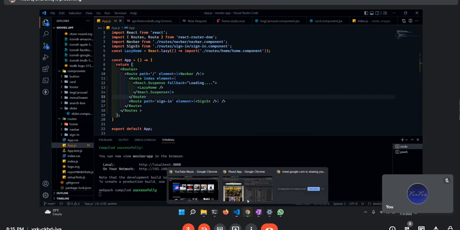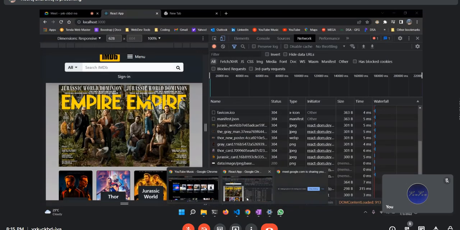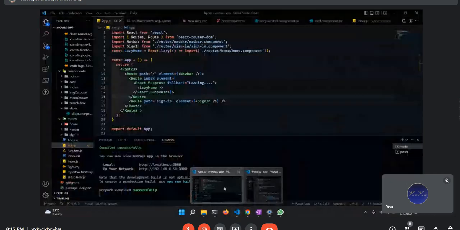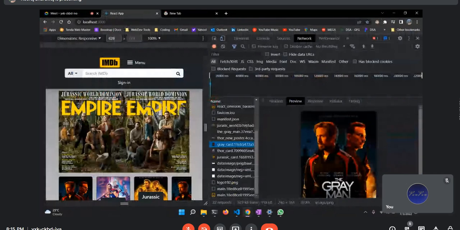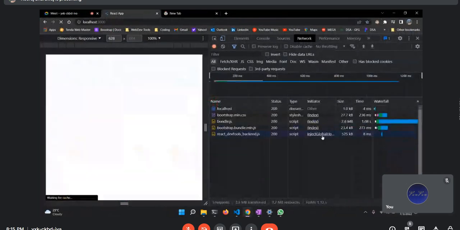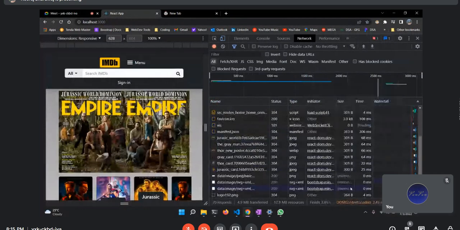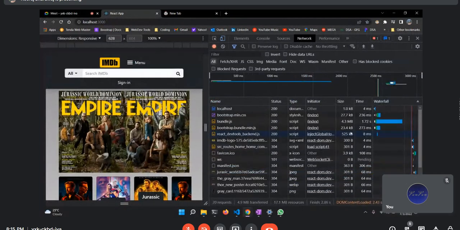So now we have implemented lazy loading for our home page component. Now we can see we have a lot less size for our components here. If we throttle the network to slow 3G,